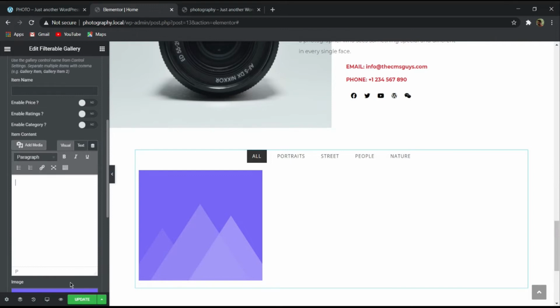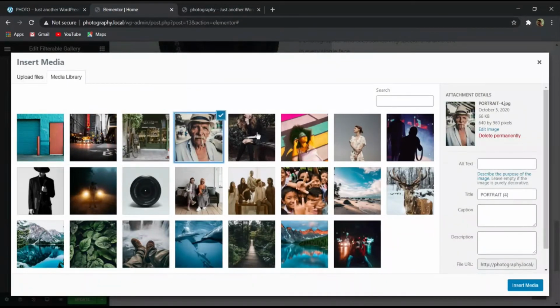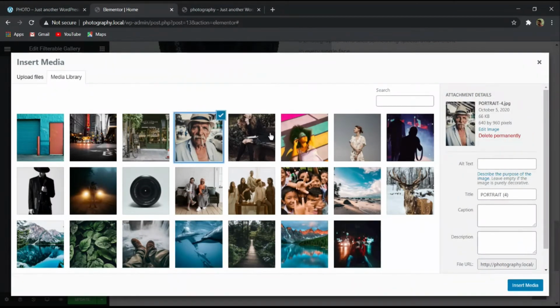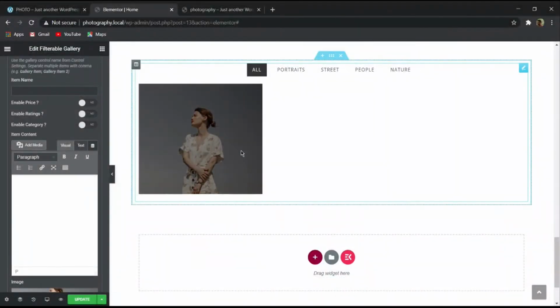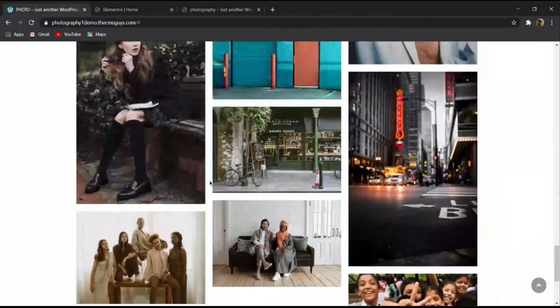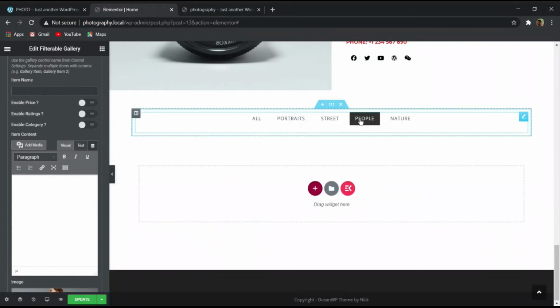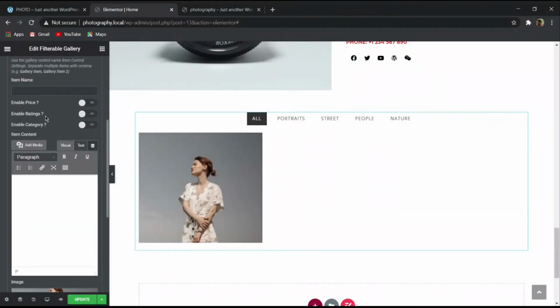And then let me select one image. Here you can see that we have all these images over here, that I have uploaded and given you. This is one portrait image, this one is also a portrait image. Let me select one portrait image. Here you can see that I have selected this portrait image. And then when you click on portraits, this image is coming, but on street, people, nature, nothing is coming over here. So in this way